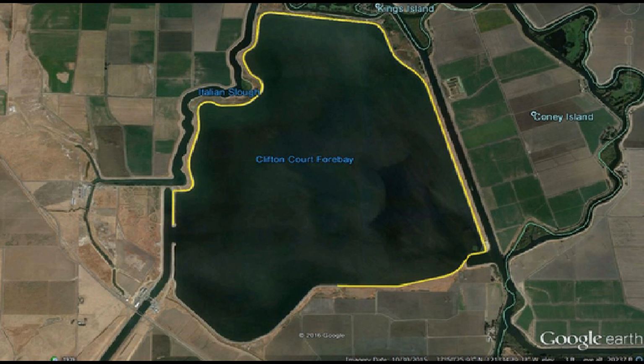This is Clifton Court, and it's one of those little places where you can get away. You don't have to pay for permits. There is no permit, so you don't have to pay any kind of fee to fish there. And in general, it's just a really neat place. The entire delta itself is just an insane playground for us fishermen. I have only gotten to do a lot of bank fishing in the delta. I don't really want to bring my bass boat, or the bass boat that I have access to, into the